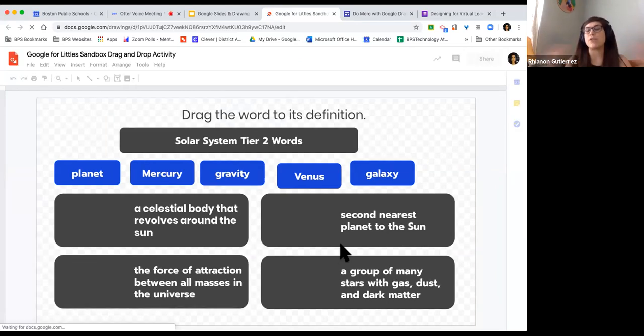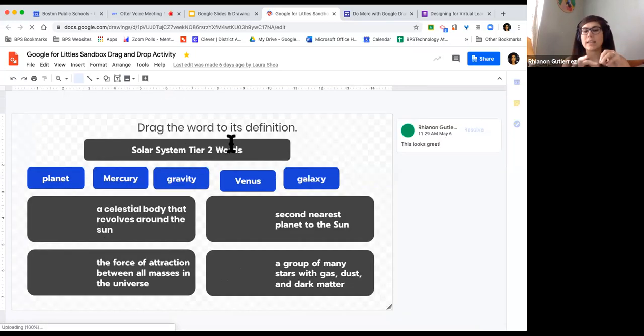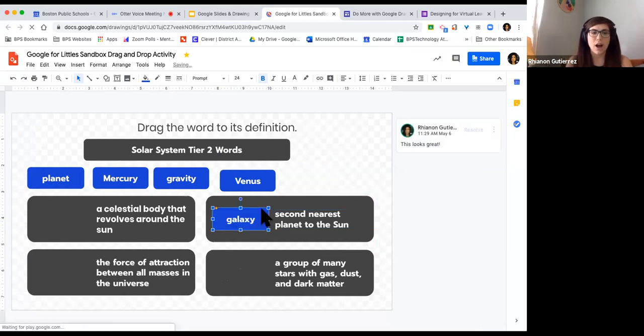So basically you have your canvas here with your various icons in the top left corner. And then I created various shapes that you can enter various text in. Essentially what I'm asking students to do for this activity is to take the items in blue and drag them to the items in gray, if that is what the correct answer is. Obviously that is not the correct answer here, but you get the gist. So you can create a drag and drop activity like this for your students.